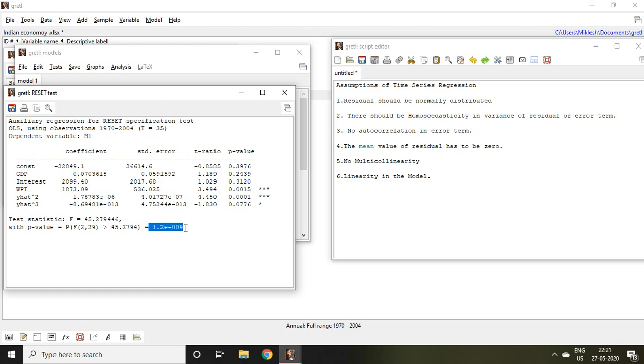It means the p-value is less than 5%. Hence, we can say that the null hypothesis is rejected. What is my null hypothesis in this case? The null hypothesis is that the model is linear. Now it is rejected. Hence, we can say that this is not a linear model.